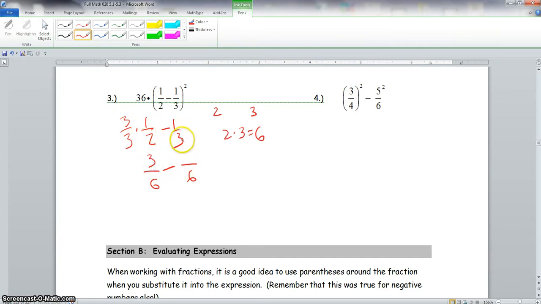Next, we look at this denominator here, this 3. We ask ourselves, what does 2 have that this 3 does not? And we know it's 2. So we'll multiply the numerator and denominator by 2. So 1 times 2 is 2, and 3 times 2 is 6. So now we subtract. 3 minus 2 is 1, and we carry over our 6. Now, we bring this down here. We bring down our 36